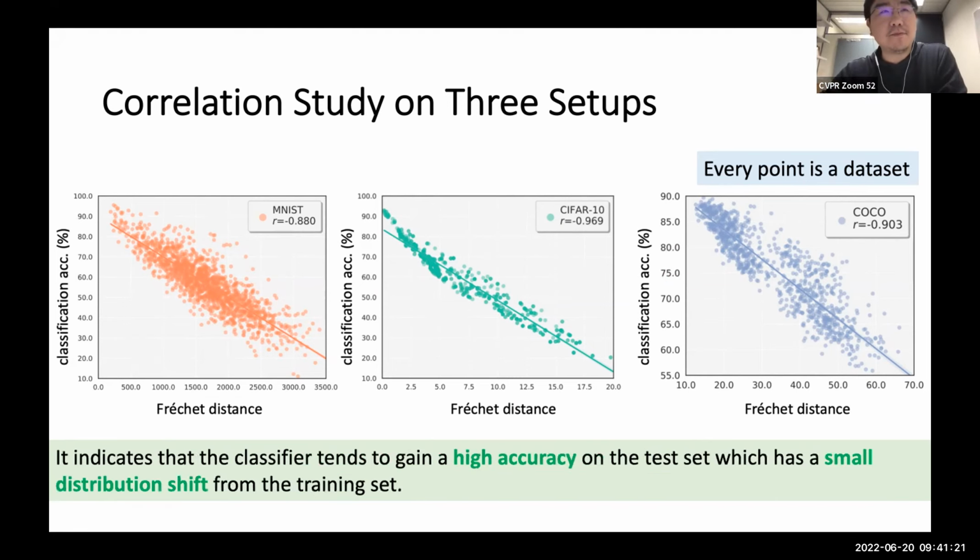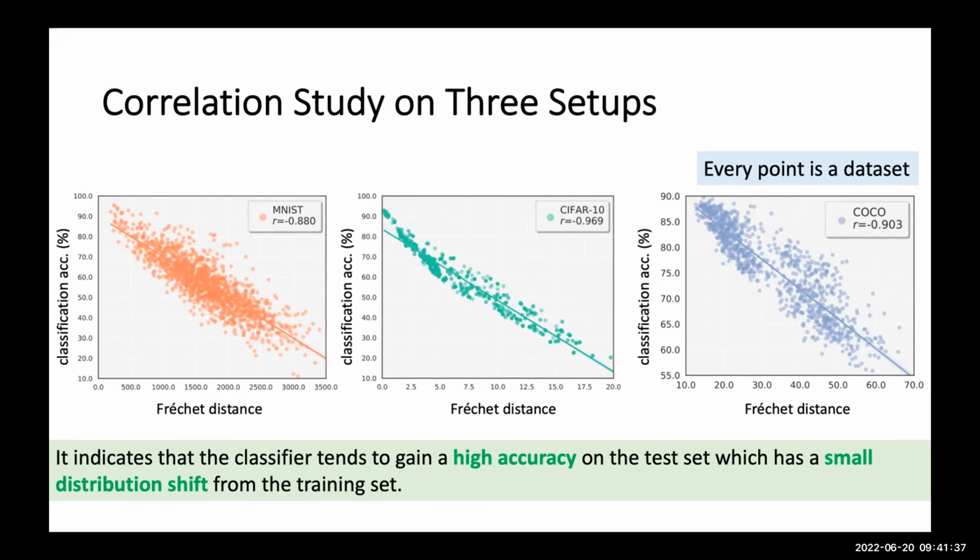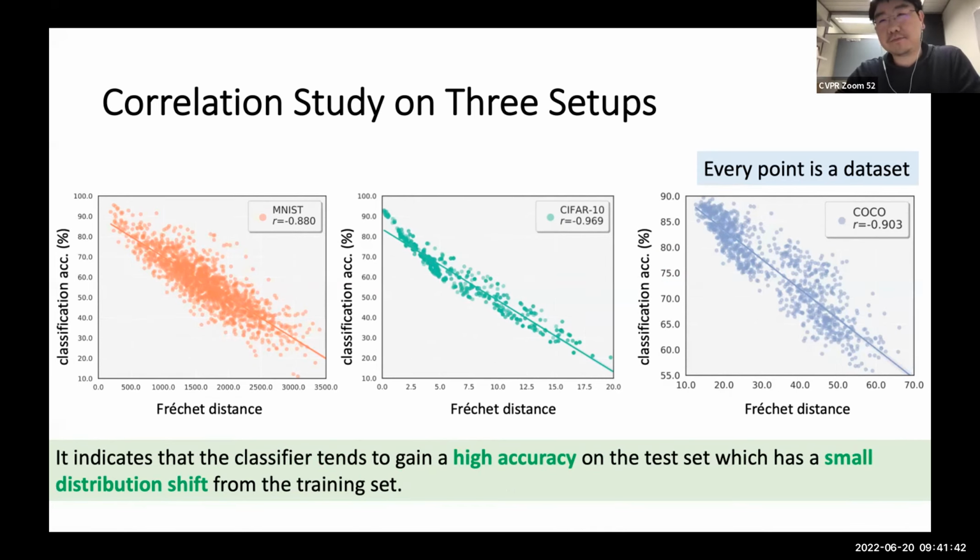Basically, these figures tell us that our classifier tends to have a high accuracy on test sets which have smaller distribution shift from the training set, and this relationship is quite linear. So going back to our question, can we evaluate models' performance on unlabeled test data?